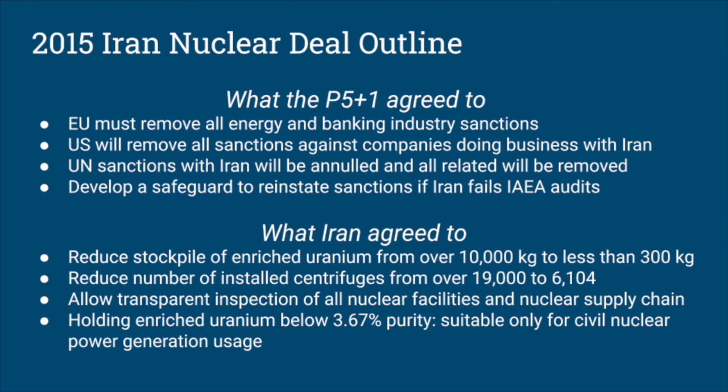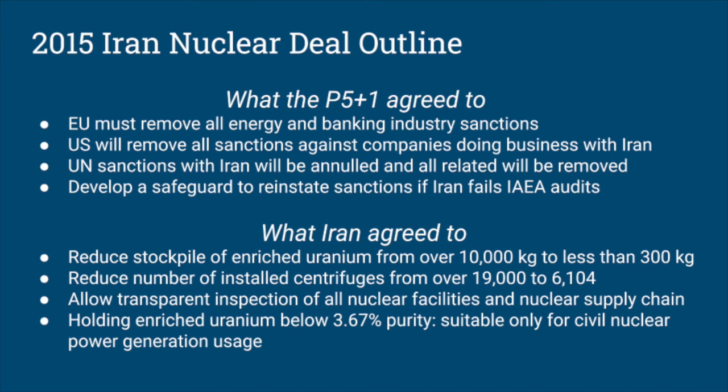So, in summary, what the P5+1 side of the agreement agreed to was that the European Union would remove all energy and banking industry related sanctions upon Iran, that the United States would remove all sanctions against companies doing business in and with Iran, and the United Nations would remove sanctions with Iran, and that the International Atomic Energy Agency would be able to audit the nuclear facilities of Iran, and if these audits were to be failed, that all sanctions from previous would